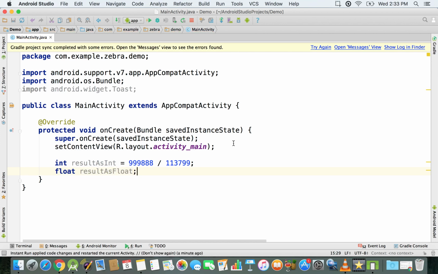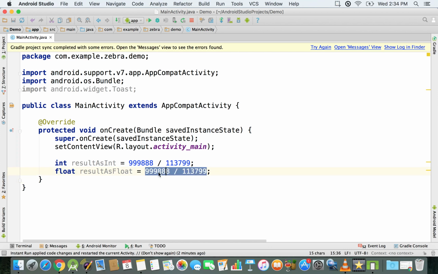Now I just want to make sure that you understand this division right here. Basically, these two numbers that I have are integers, so that means that when you divide them, you will have also an integer, and that's how you store it right here. Now when we have this result as float, basically if we just copy and paste these two numbers, you probably will end up with an integer as well, because these two are integers, and when you divide integers you don't store any decimal places. And then after you